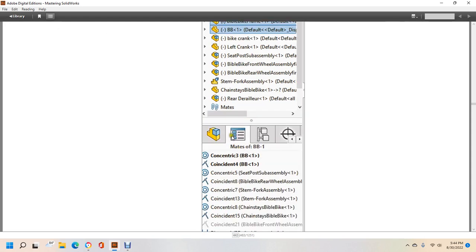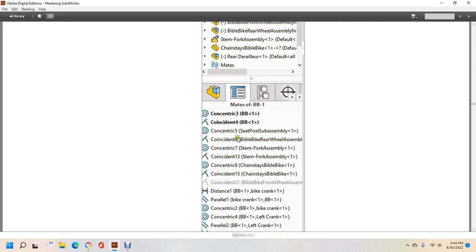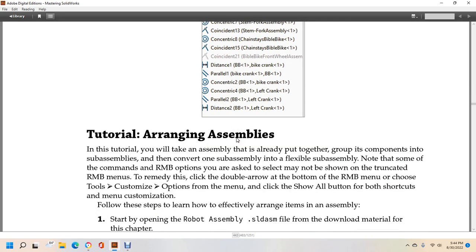This is the property manager. You now see the mates in the list. The tutorial is arranging assemblies. Within this tutorial, you will take an assembly already put together and group it in components,